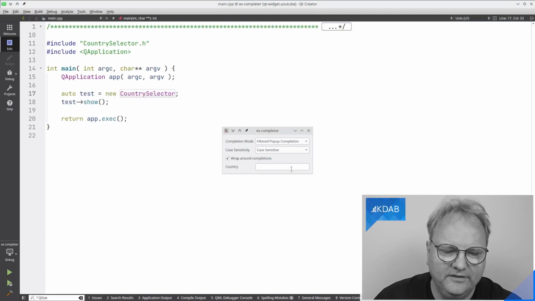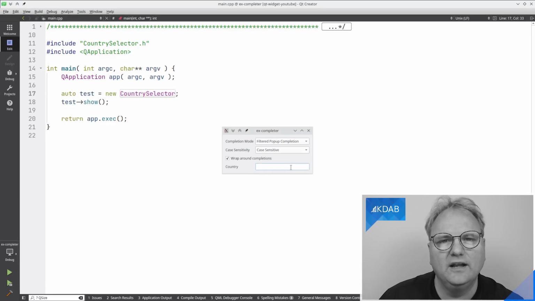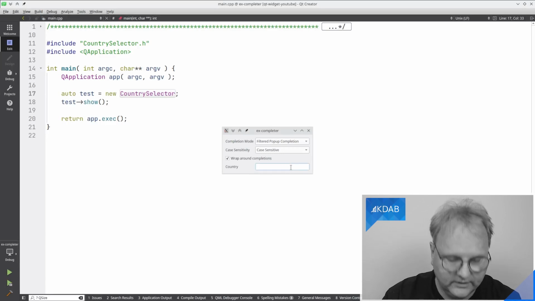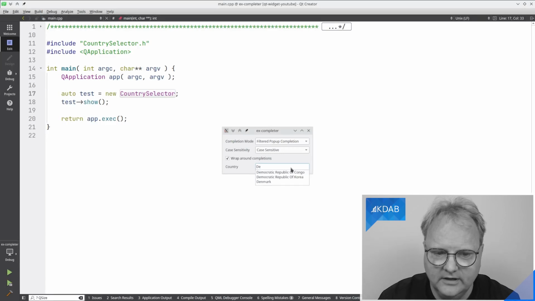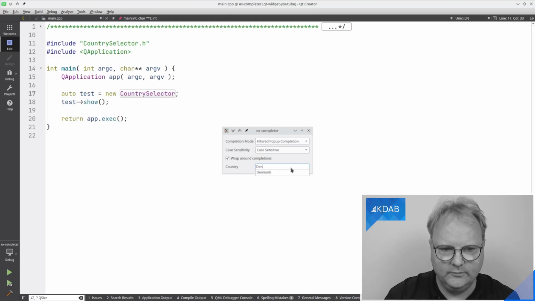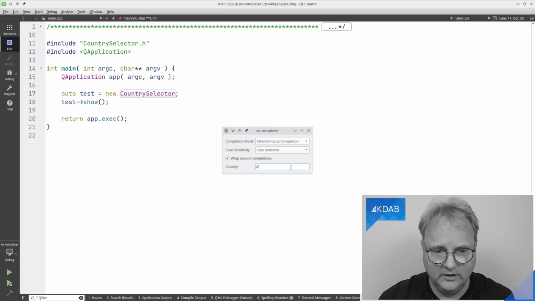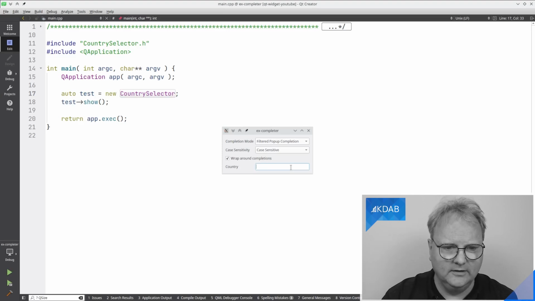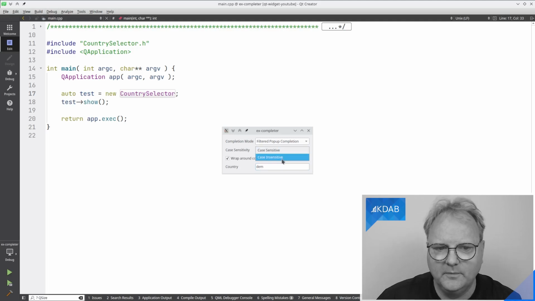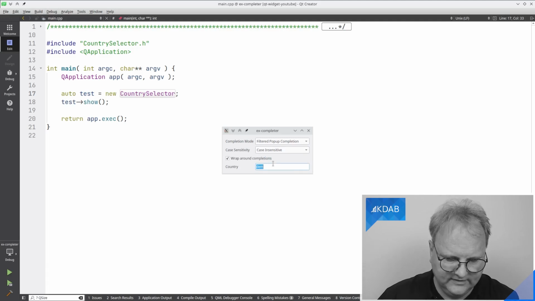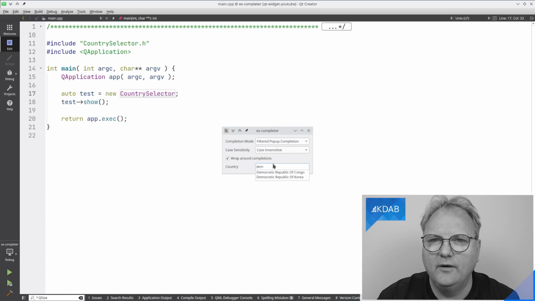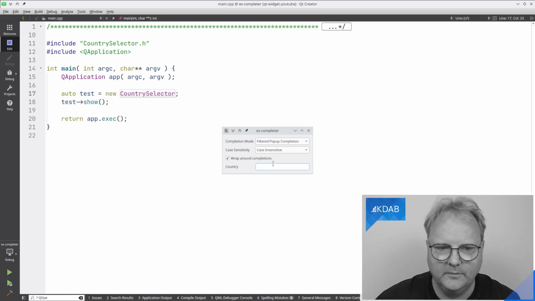The key part of this example is this line edit down here where I can choose a country, and it could be DE. You can see as I type, it will narrow it down to whatever country that I want. I could also try typing with a lowercase d, but see, lowercase d does not match because it has this property, whether it should be case sensitive or not. Now it does match. So that's one property.